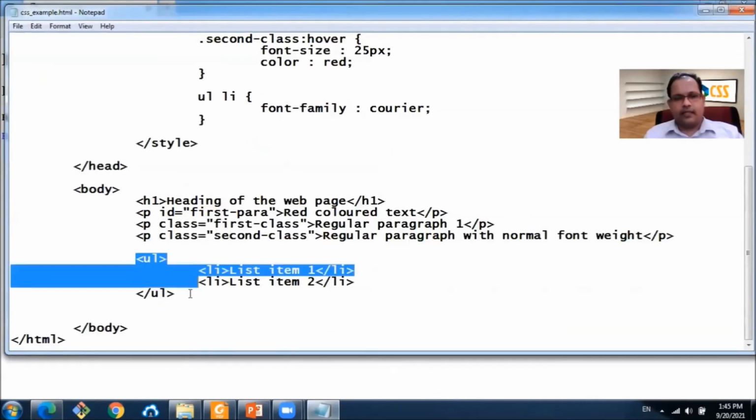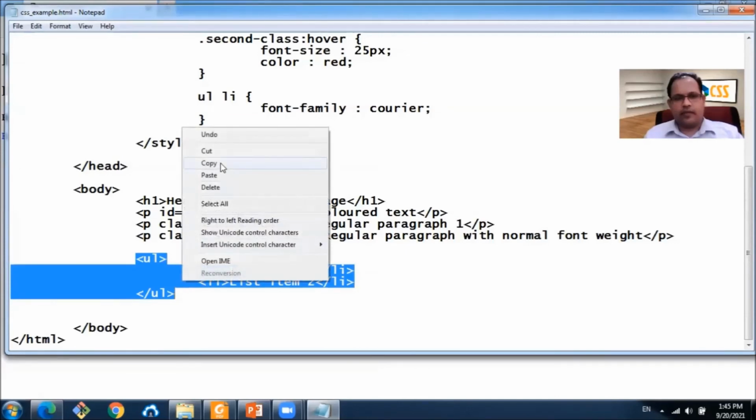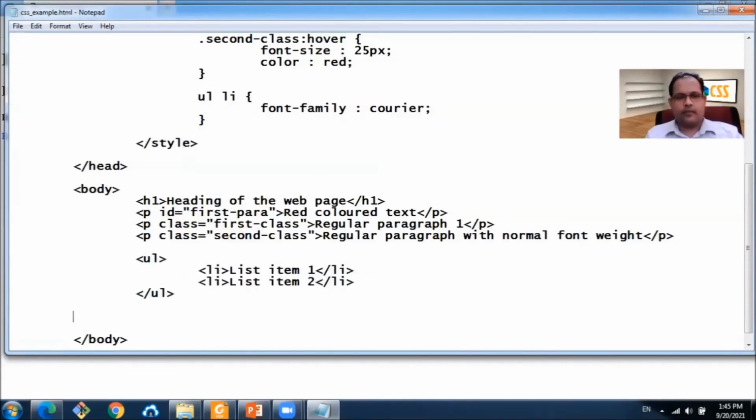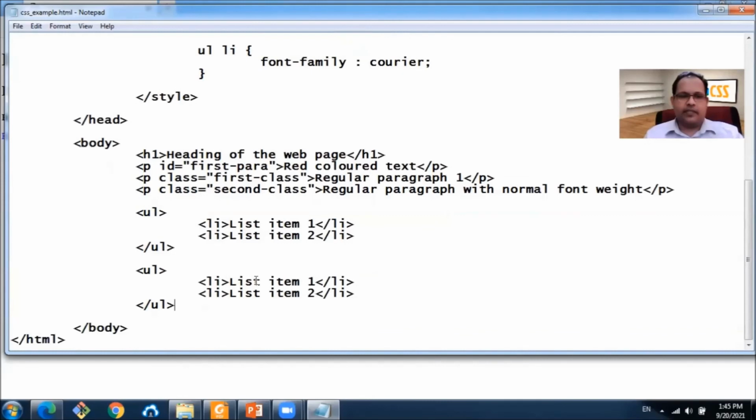Let's create another UL. I'm copying this one here and pasting. And I'm changing the items to 3 and 4 here. And let's give a class name or ID name.